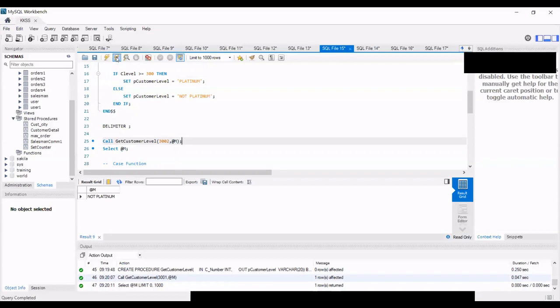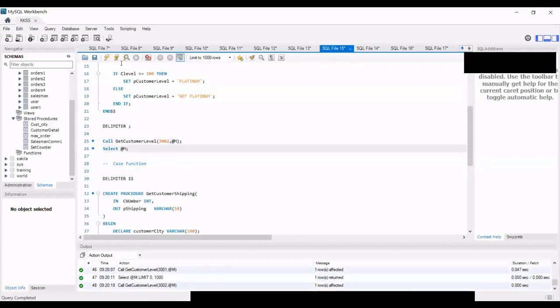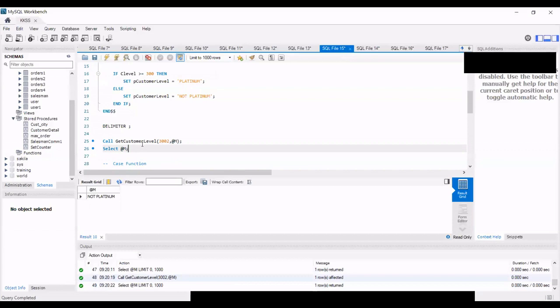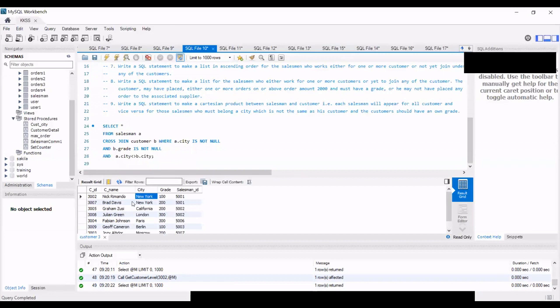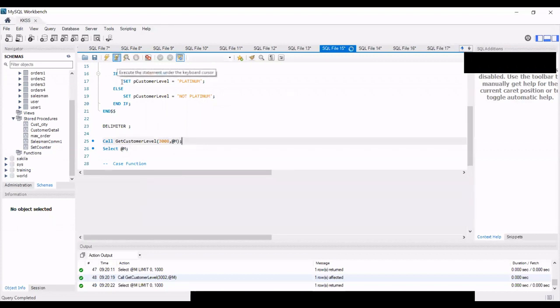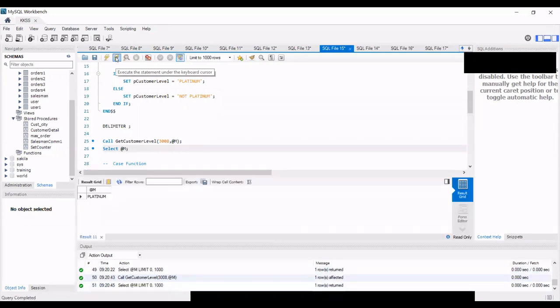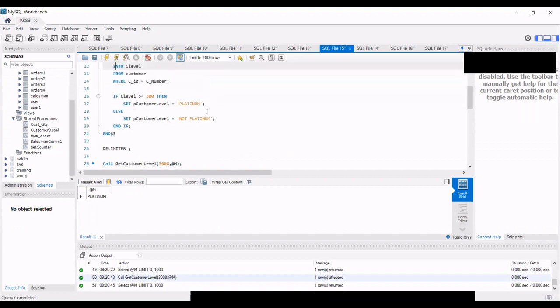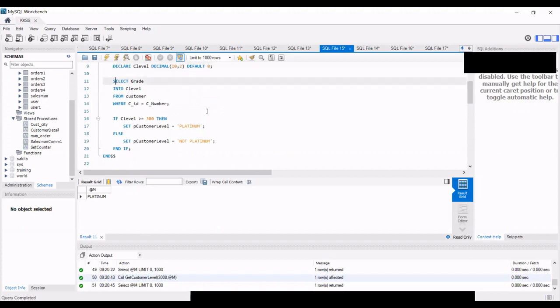Once we change it and run this again, let's look at 3000, which is 100. That's why let's go for 300. So you can just input your if clause in the stored procedure. Whenever you call a stored procedure, it will read the query as well as perform the if task.